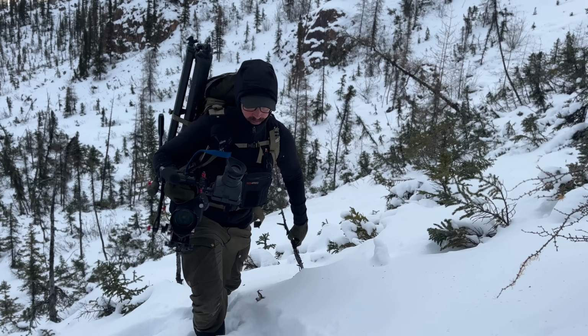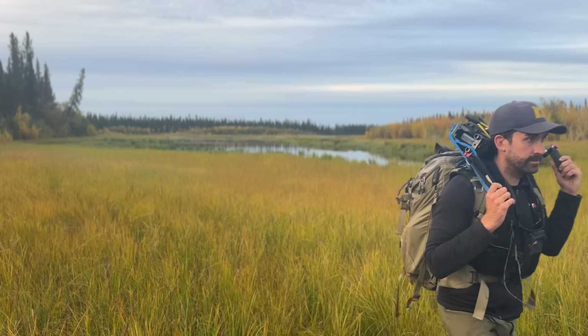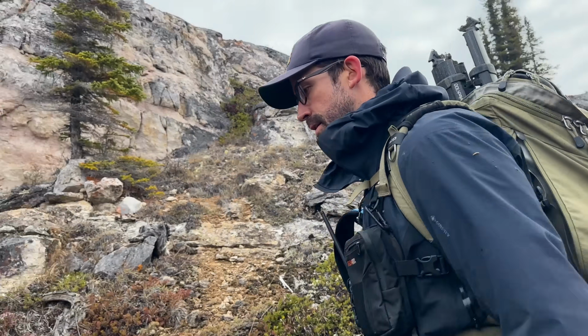Actually, it was an old rock climbing strap, but even that has to go around your neck and shoulder, and no matter how many ways I've tried, straps always seem to chafe right here at the end of a long day. So I knew I wanted to get the rig attached in another way, and having done this a bunch of times before, I knew the best place to anchor it was right here to the shoulder strap of my bag. Hanging the weight from here takes all the pressure off your neck, but still, the problem